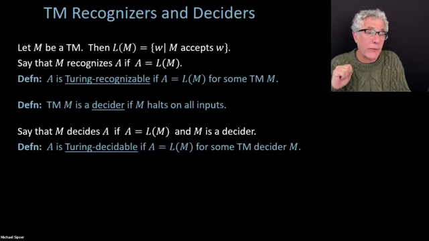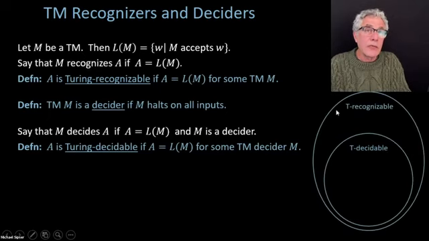So then in a sense, that's better. And we're going to distinguish between those two because they're not the same. There are some languages which can be recognized but not decided. And so, in fact, we're going to get the following picture here, that the Turing recognizable languages are a proper subset. They include all of this, everything that's decidable certainly is going to be recognizable